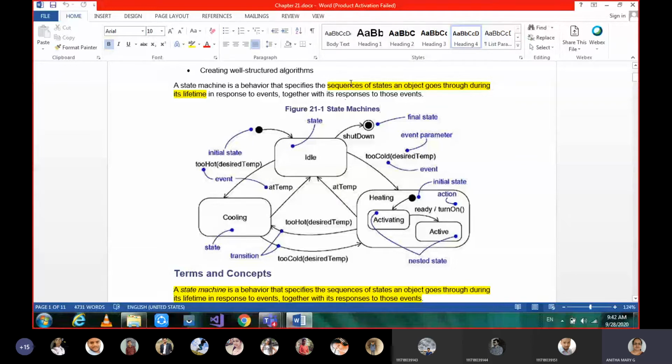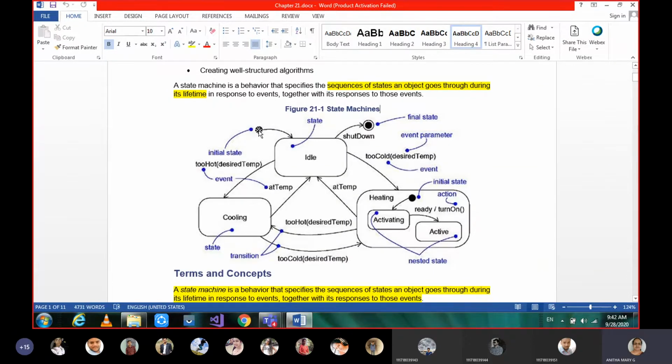It's the sequence of states of an object. The idle state, cooling state, and heating state are the different states of a particular object in its lifespan, along with its responses to those events.